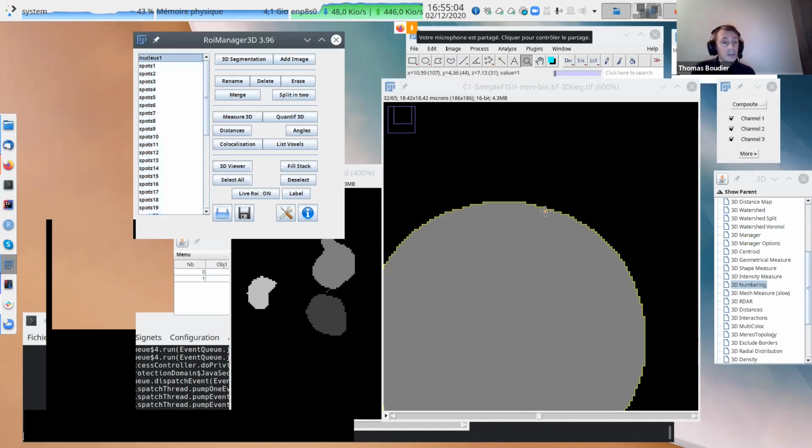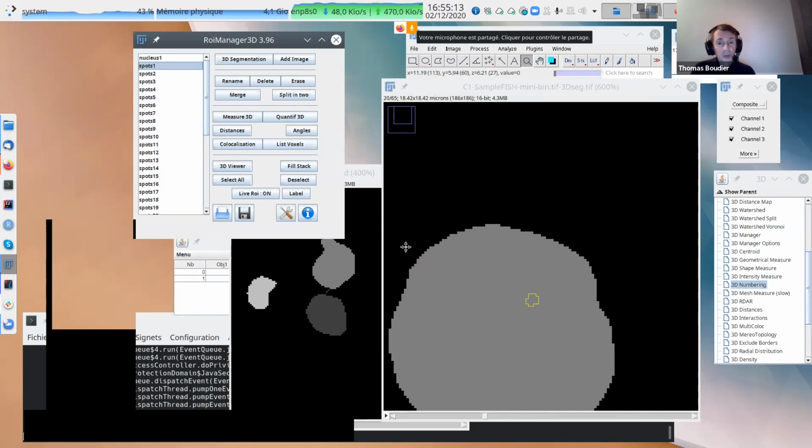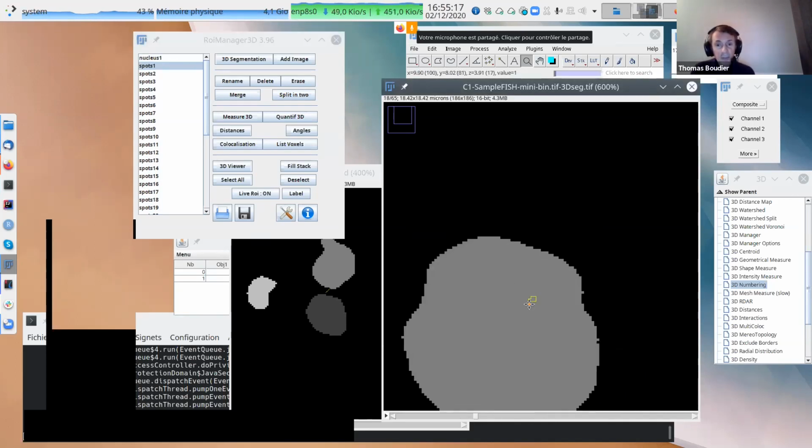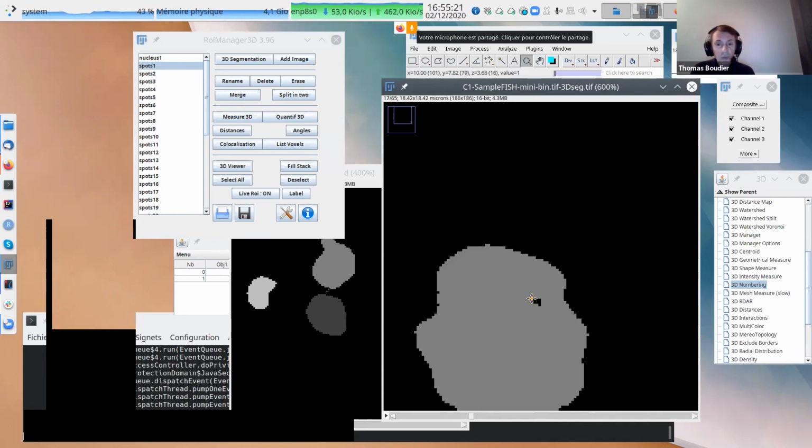The border of the nucleus is this. So when we consider border distance, we consider the distance between the border of the nucleus and the border of the spot. So the border distance of the spot may be between this border of the spot and this border of the nucleus, just on top.